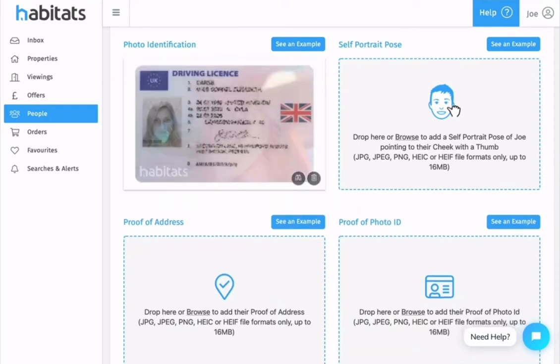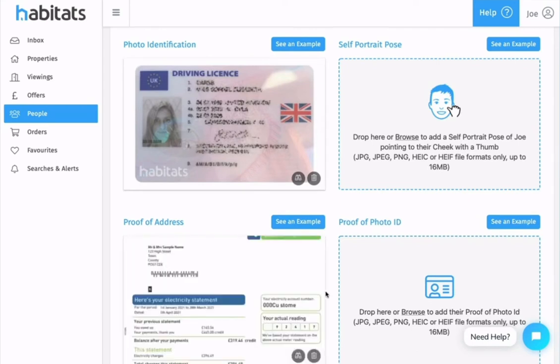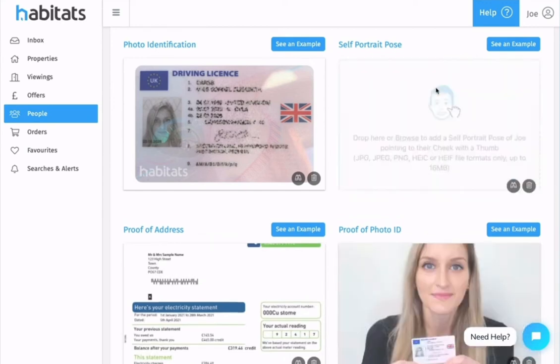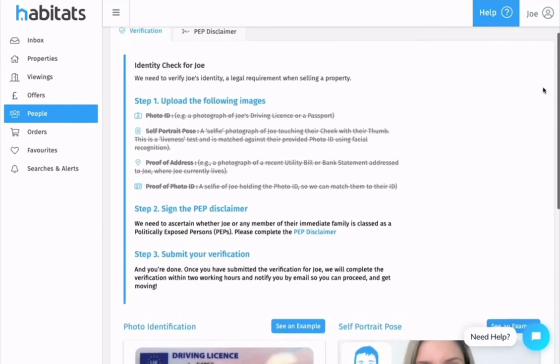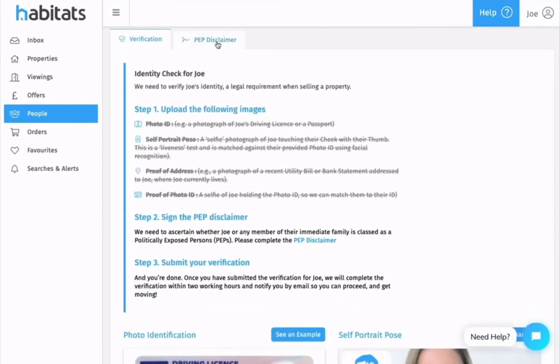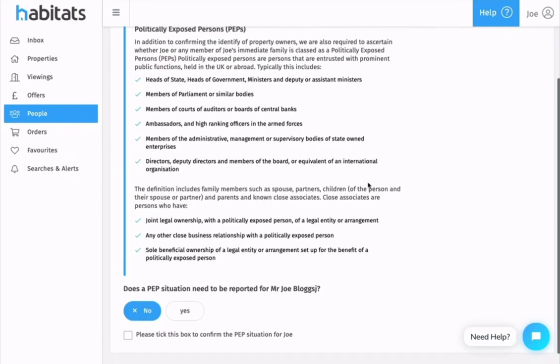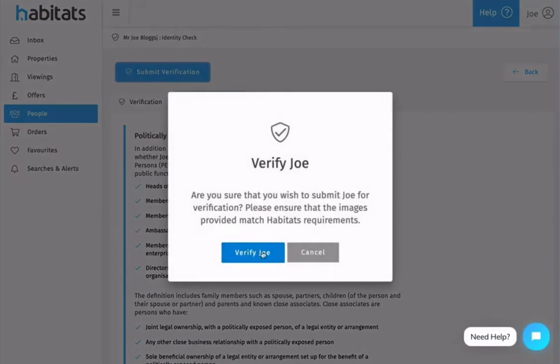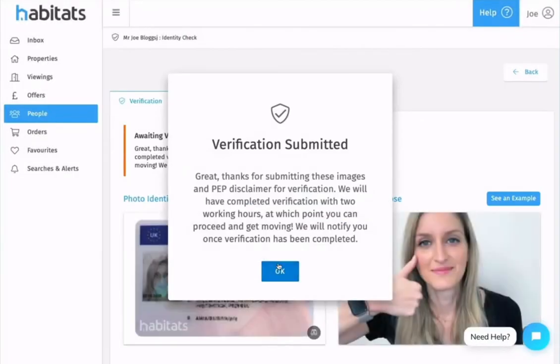This includes uploading our ID, a proof of address, a photo with our ID, and a likeness check to make sure we really are who we say we are. The system also requires sellers to provide proof of ownership to make sure the named people have the legal right to sell the property. This can be in the form of a recent mortgage statement or a copy of the